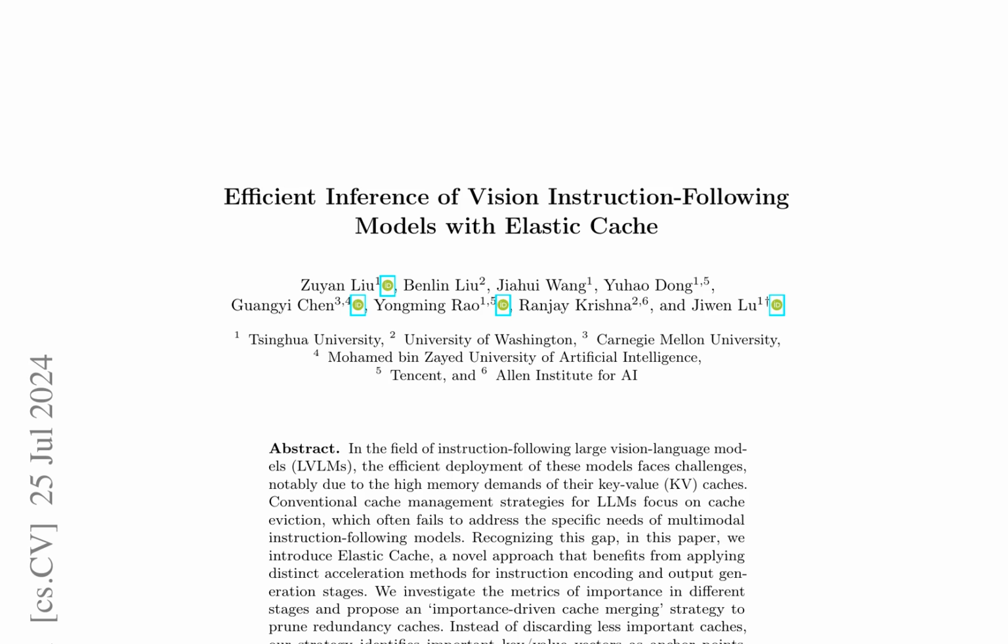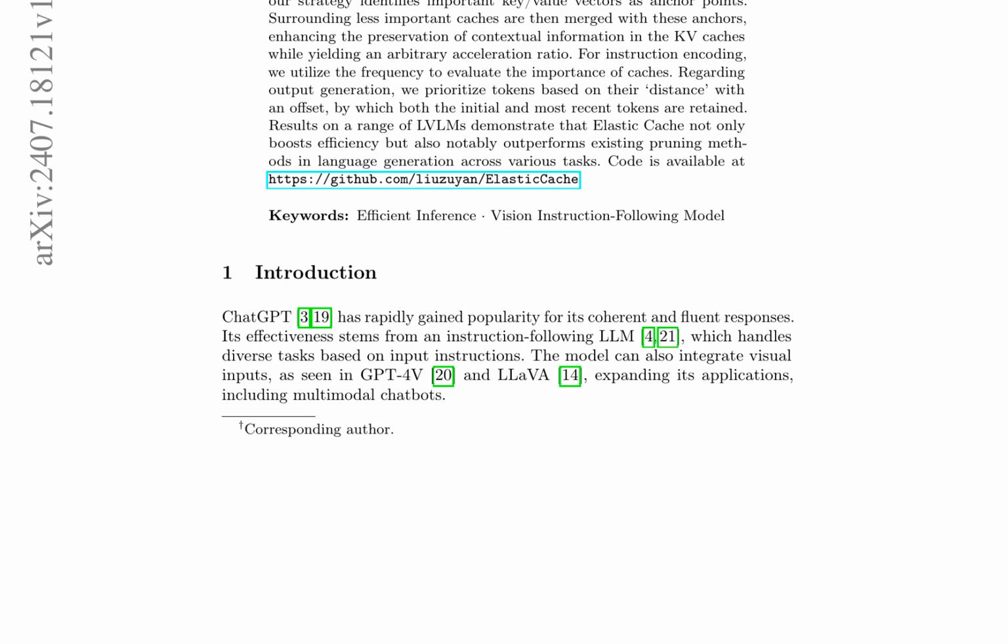For instruction encoding, cache importance is evaluated based on frequency, whereas for output generation, tokens are prioritized based on their distance with an offset, retaining both initial and most recent tokens. Experimental results on various LVLMs demonstrate that elastic cache boosts efficiency and outperforms existing pruning methods in language generation across